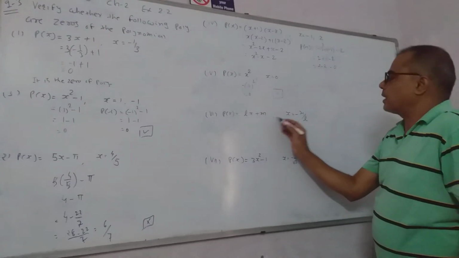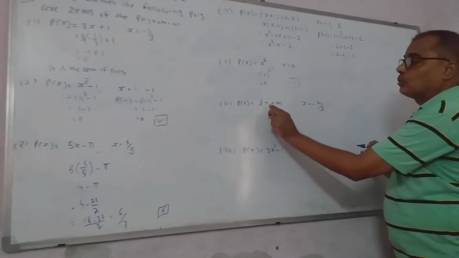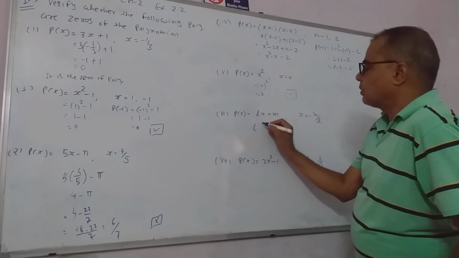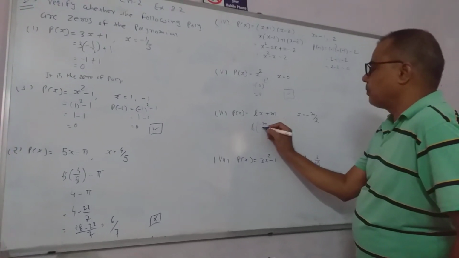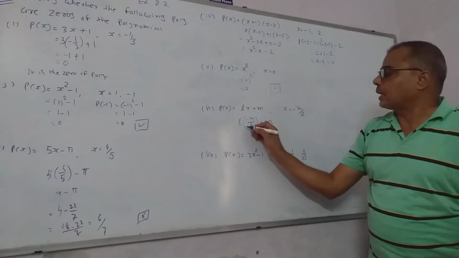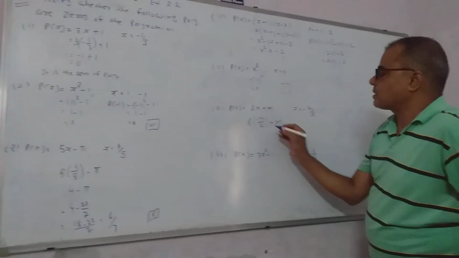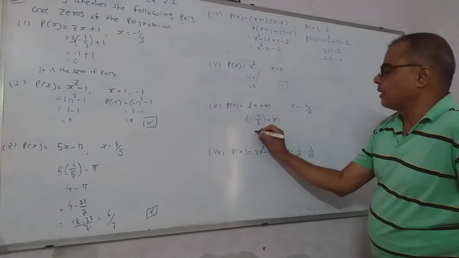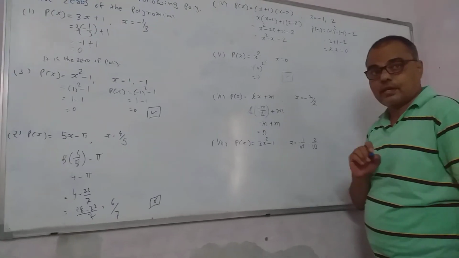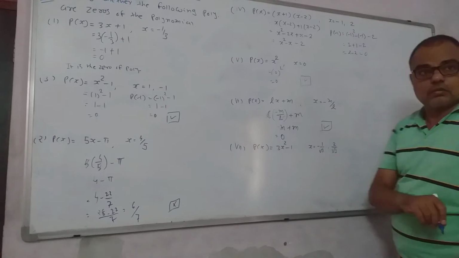Next, lx plus m, x is equal to minus m upon l. Right? You don't have to fear about it. You have to put the value of x in the polynomial. Whatever is given, x is equal to minus m upon l. Understood? Got it? The l cancels because it is in numerator and denominator. So it can be cancelled. So what will be remaining? Minus m plus m. So it will be also 0. Why? Plus m minus m will be cancelled. So this is the zero of the polynomial.